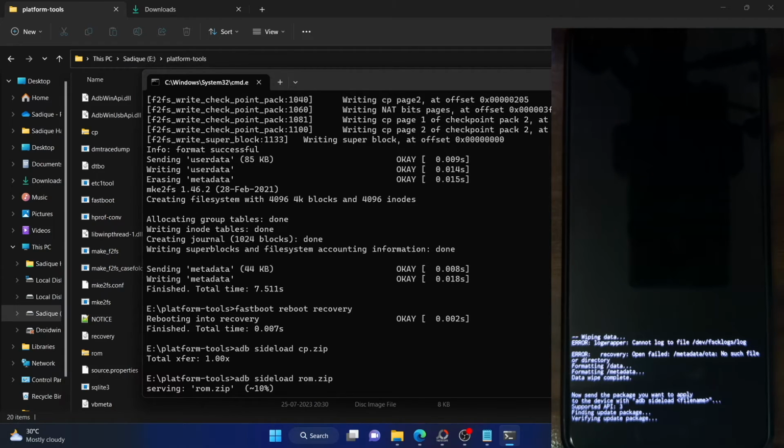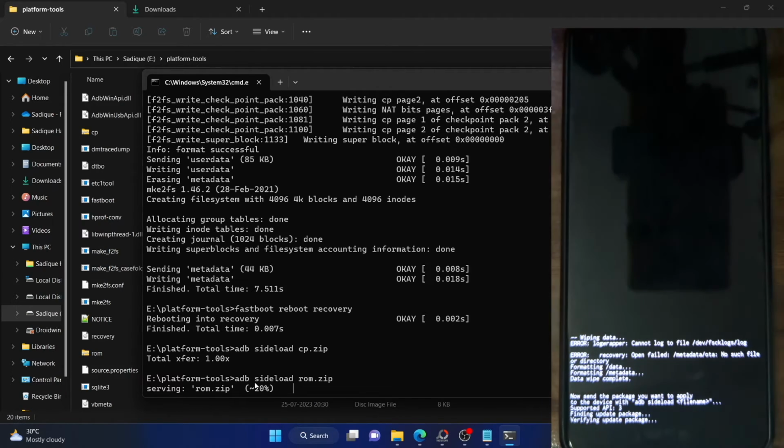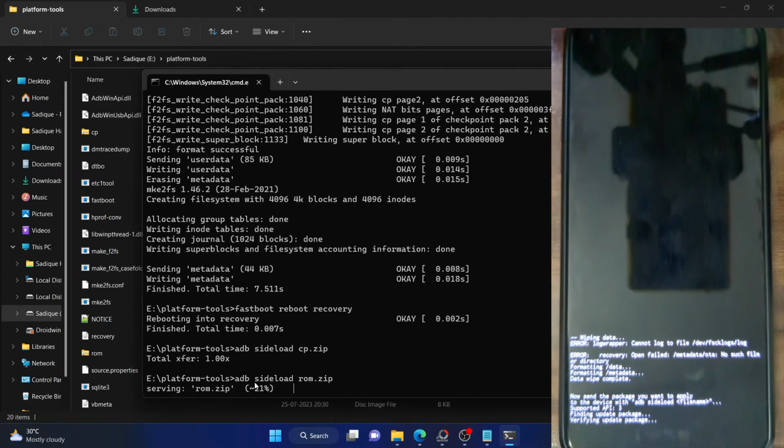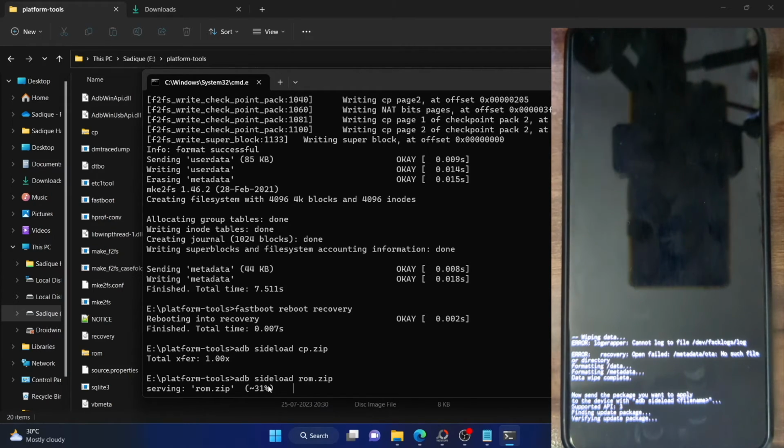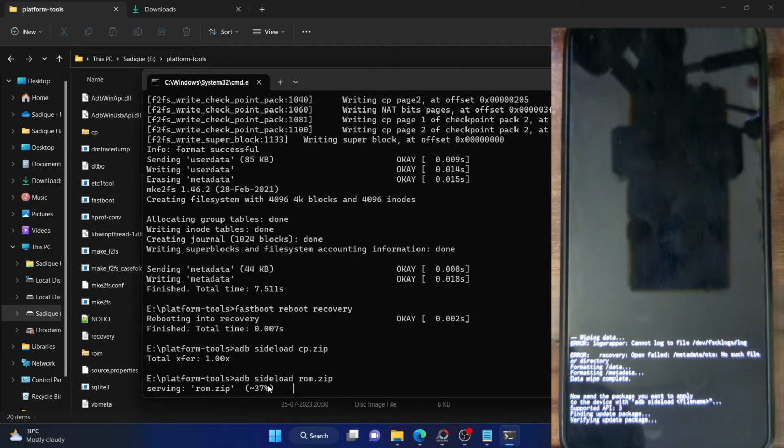And in some cases, the progress bar might get stuck at 47% in the CMD window. That's not a cause of concern. Although you might not be able to keep track of the flashing from your phone, it will only show step 1 of 2 and step 2 of 2. It will not show any files being flashed. Likewise, in the CMD window, it might get stuck at 47%. All these are not a cause of concern. Simply leave it in that state and the flashing will take around 5 to 6 minutes. Once that is done, you can then proceed ahead with the next step.